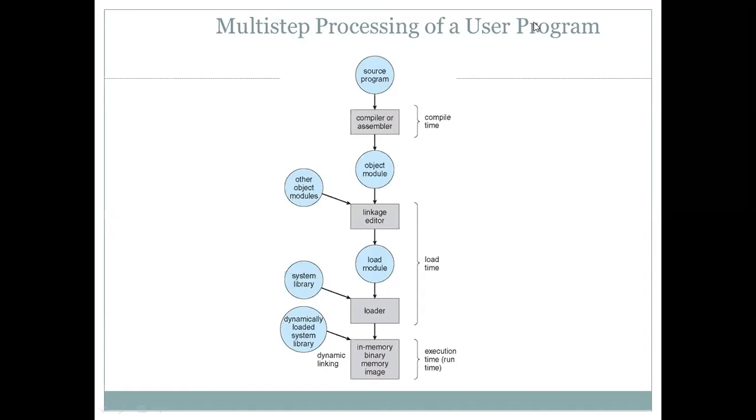Means here we have to bind the programs in two ways. One is compile time binding, that is the static binding, and the other is dynamic binding. Dynamic binding means during the execution time. It may not be changed during the execution, and the values also may not be changed. Once you enter the input, those values are used to process the output. These are the various steps while using a user program or user process.